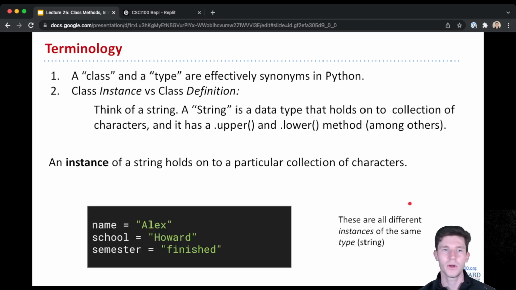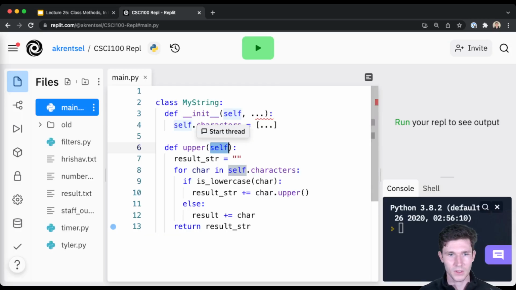Now, a word on terminology. You'll hear people talk about classes or types. These are, in Python, effectively synonyms. So types are like built-in types, strings and ints and floats and bools. And we saw this because if I go back here,